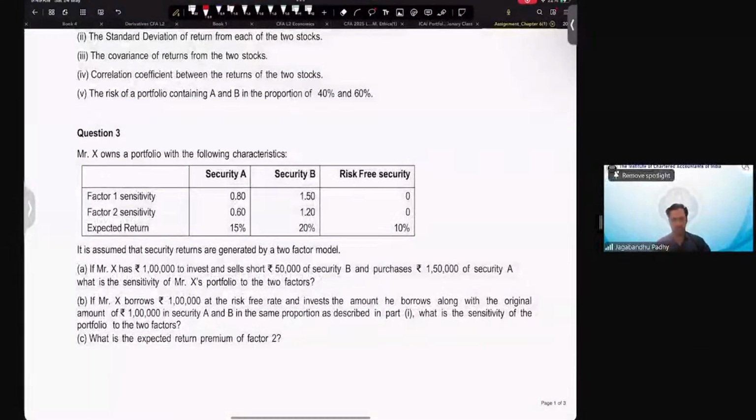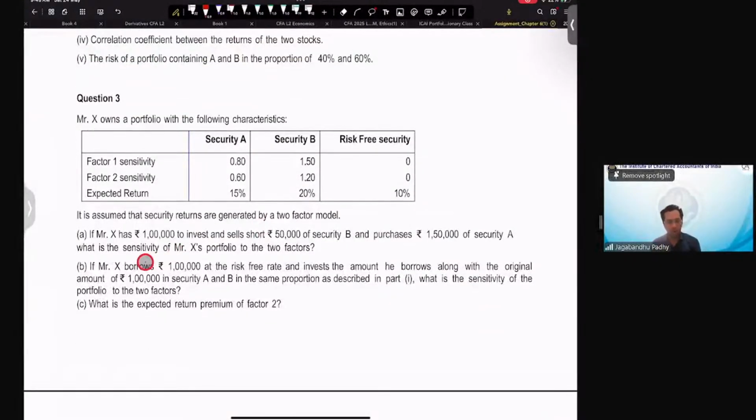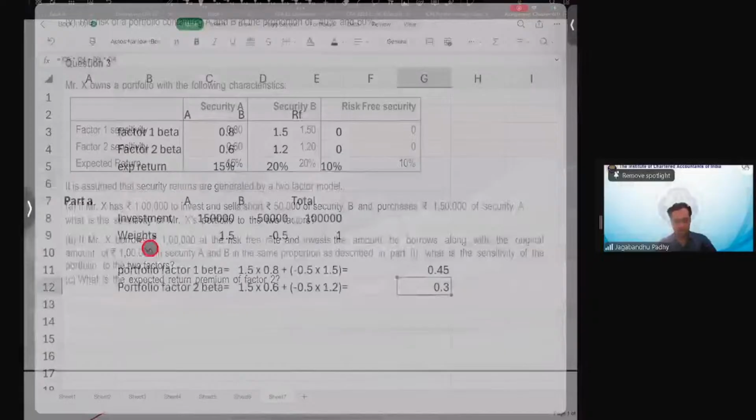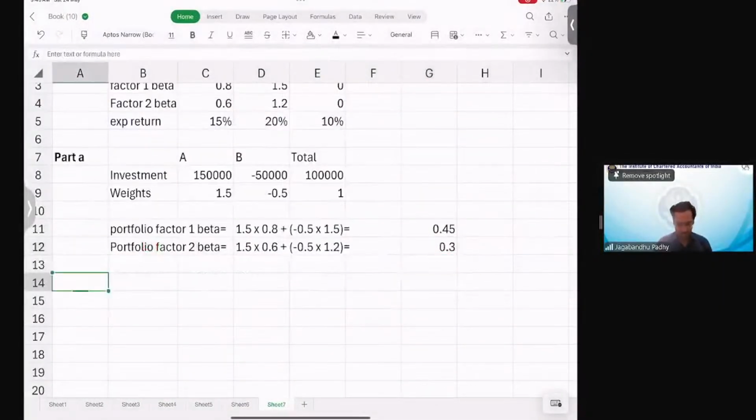Then, if Mr. X borrows 1 lakh at risk-free rate and invests the amount he borrows along with the original amount of 1 lakh in security A and B in the same proportion as described in part 1, what is the sensitivity of the portfolio to two factors? What is the expected return premium of factor 2? That's the next part. If X is borrowing 1 lakh, so in the second part,